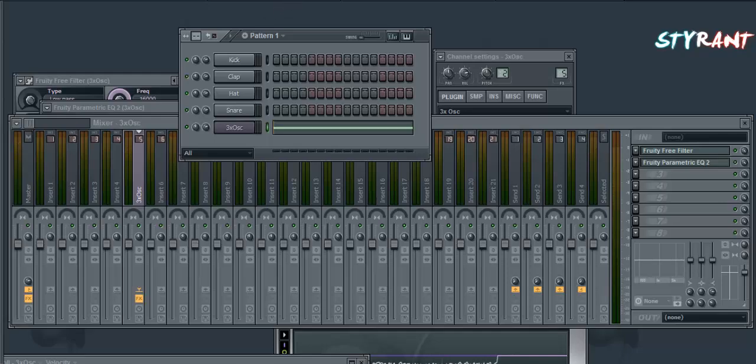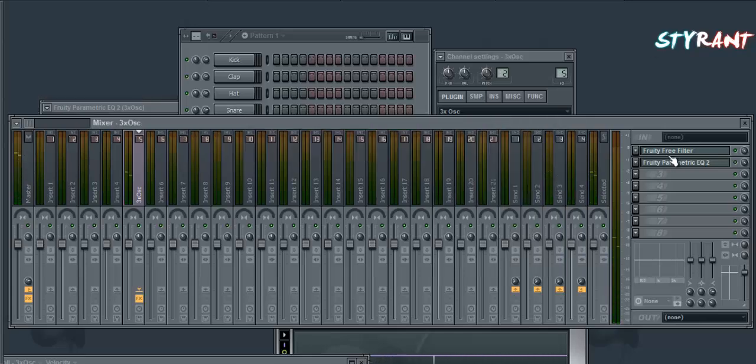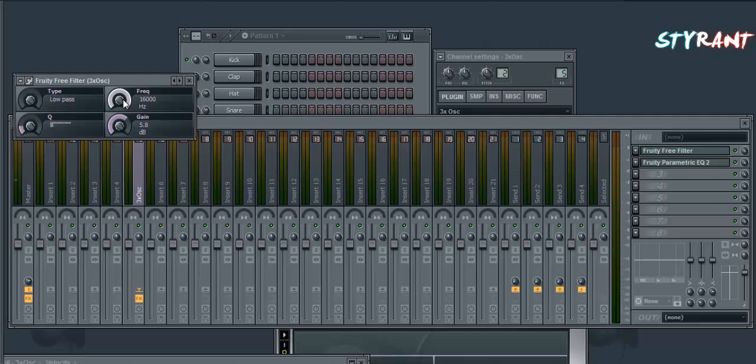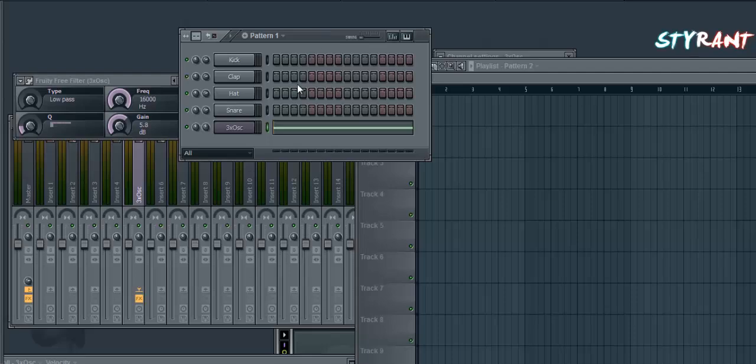So I'm just having this tempo at 128 just for preference. Bring down the volume of the white noise on the step sequencer to 50, or somewhere about here in the middle, so it could be not overpowered and smooth. So you're gonna want to open up your playlist, just to have that on the side, and then you're gonna want to